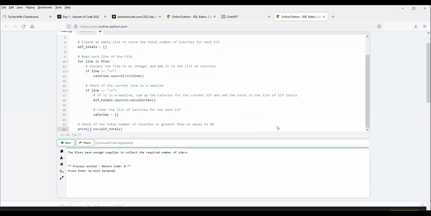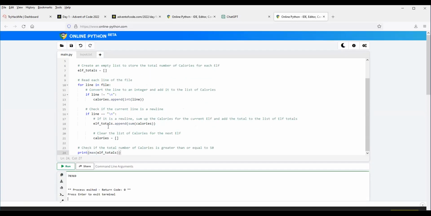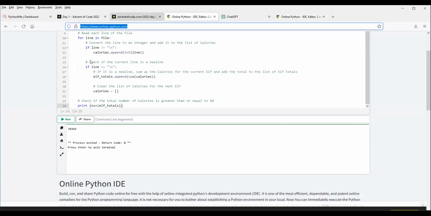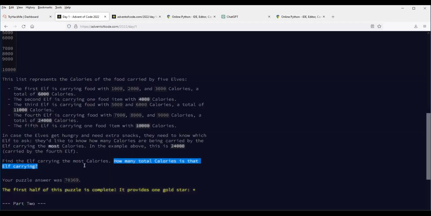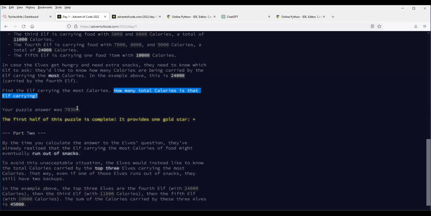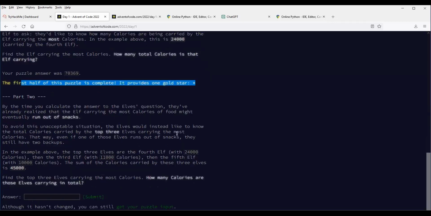Print max. Run. 70,369. And for the ones of you who actually did the Advent of Code, you should know that this is the correct answer. I submitted it and it works. Okay, so I got the gold star. All right, so